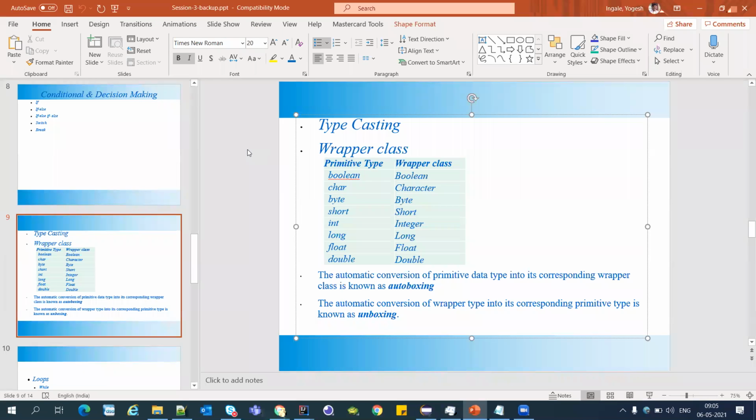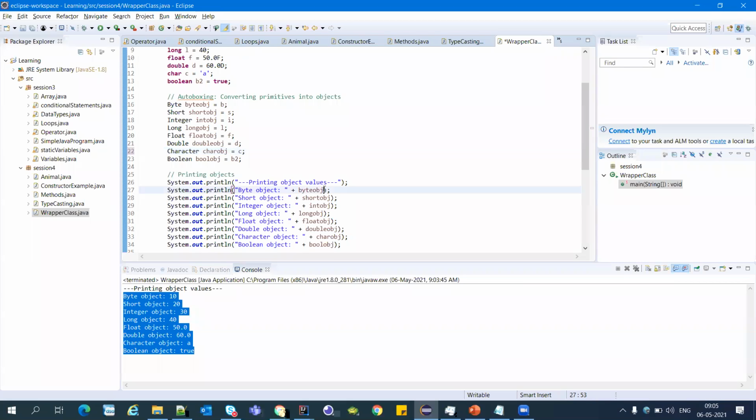Diksha, see, on the first column, it's the primitive data types: boolean, char, byte, short, int, long. And for each there are respective wrapper classes. In wrapper classes, there are multiple methods that we can use to compare with other boolean data or something. There is some extra functionality. Yogesh, can you show the methods in Eclipse? Just copy that, paste it down and use any method. Okay, copy that.